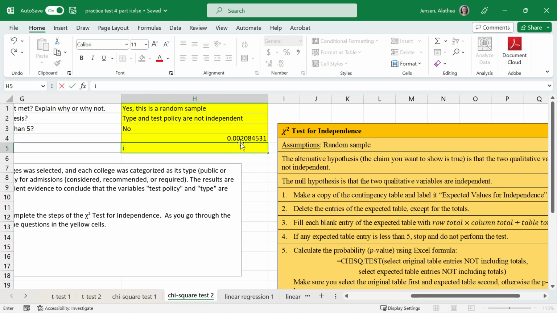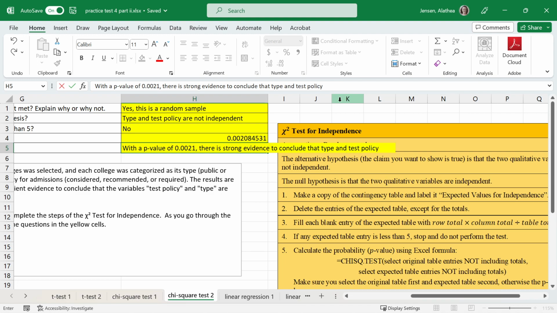So with a p-value of 0.0021, I'd say this is strong evidence to conclude that, and now I'm just going to type the alternative hypothesis. So type and test policy are not